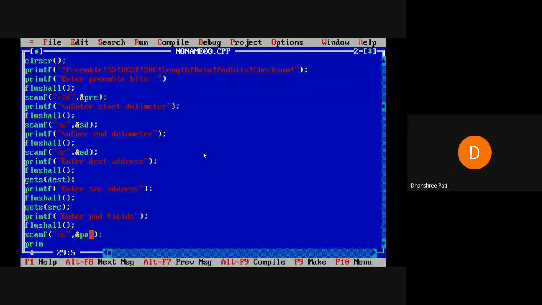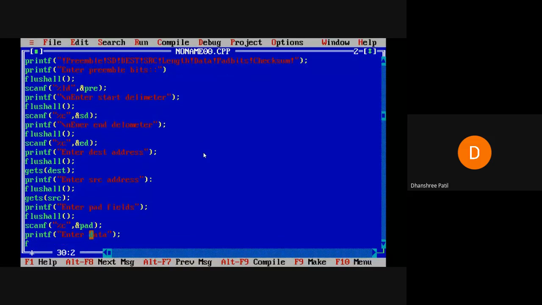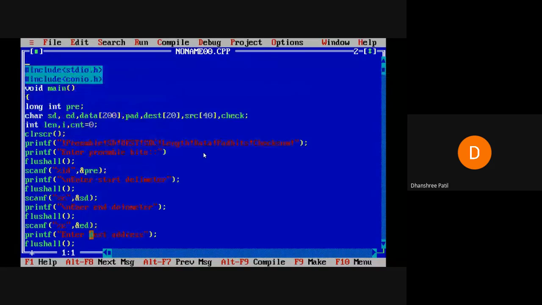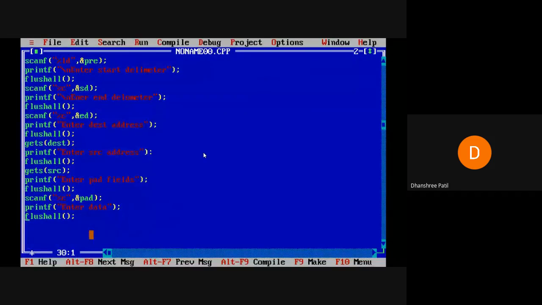So printf: enter data. Okay, for the data, we have taken data as a character array, so we can use again gets data.